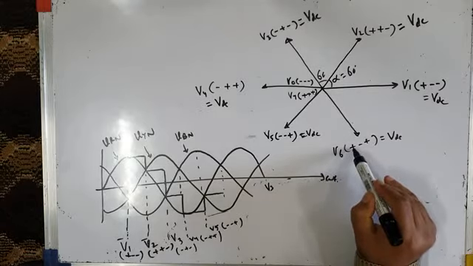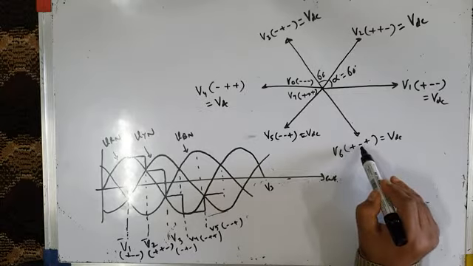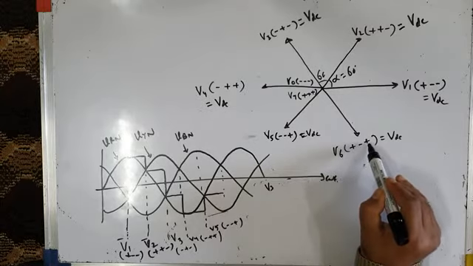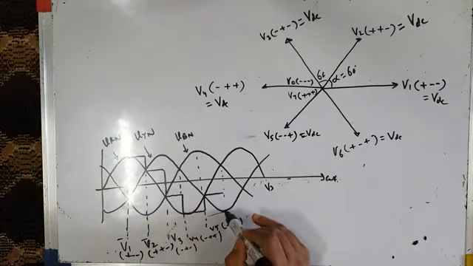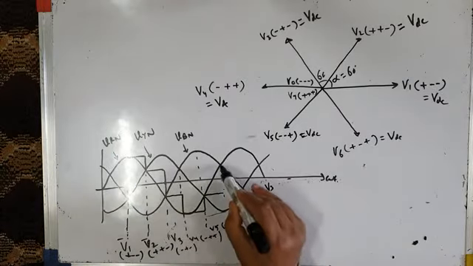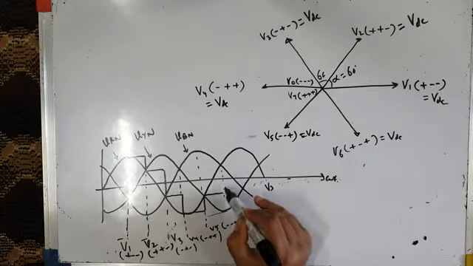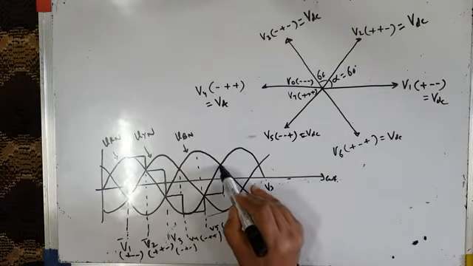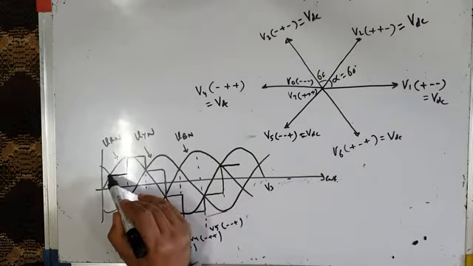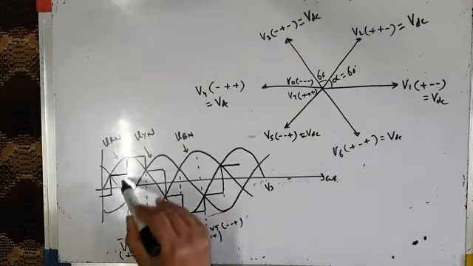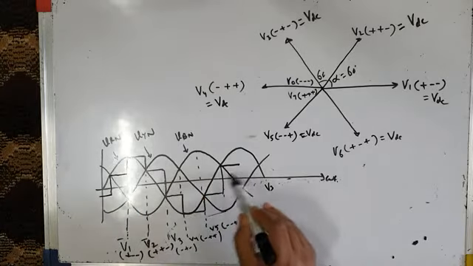VRN is some positive value, VYN is maximum negative, and VBN is also positive. यहाँ आप देख सकते हैं, VYN is maximum negative, VRN and VBN are positive. So therefore it will go up, or VRN positive रहेगा. So therefore previously also it will be something like this. So this completes my VRN phase voltage,